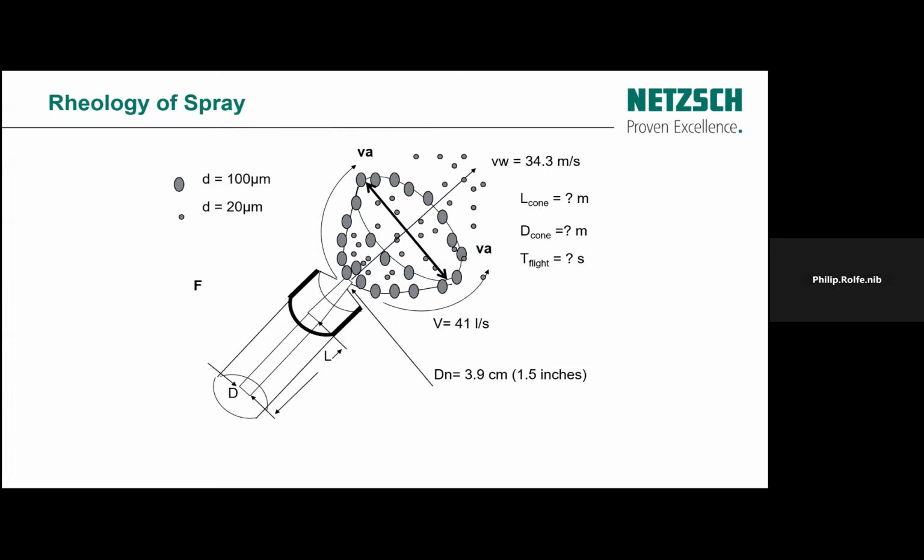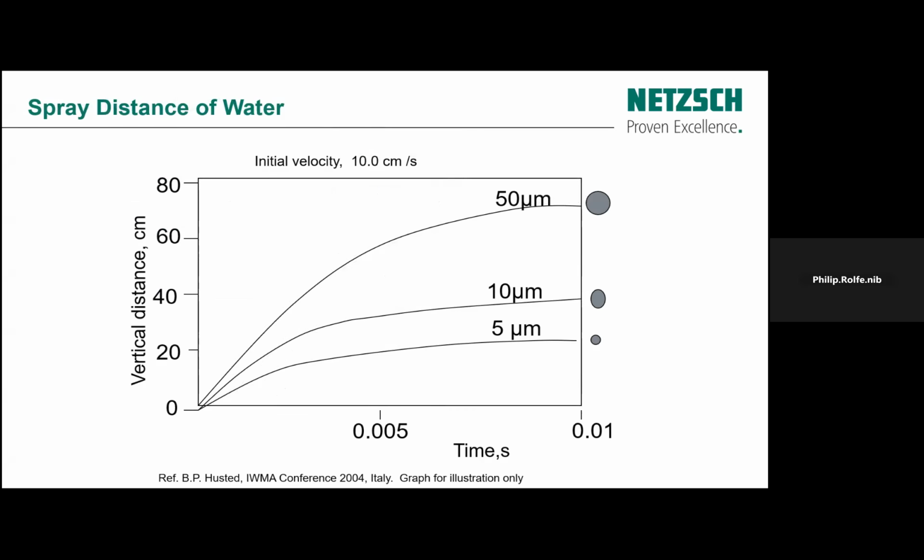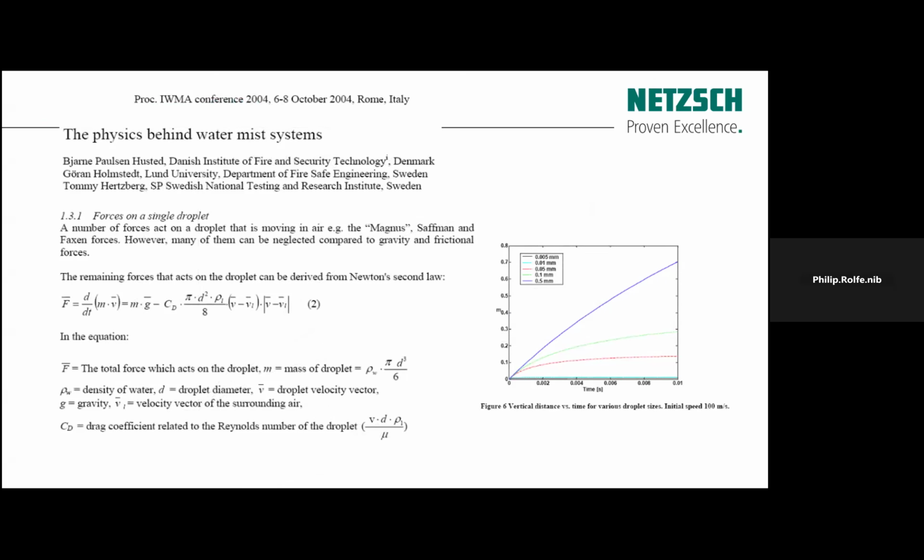So this is quite useful because with the calculations, you can see obviously the length of the cone of a spray, the diameter of the cone, and the time of flight of that spray. So obviously we need to know a few things like the diameter of a nozzle, the pressure, and the viscosity of the material, and then we can calculate things. So here's some work done by Pusted. And he shows that the actual paper's got a lot more detail in it here. But basically,